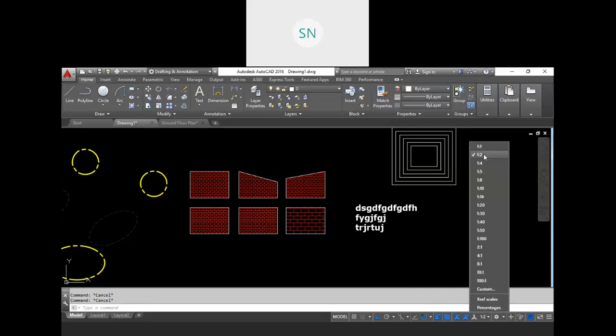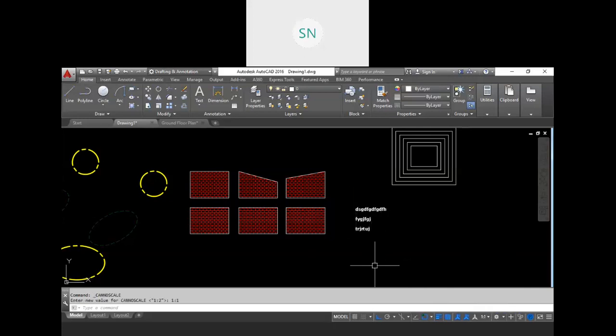Yes, you can rescale it. Go to 1:1. It will be your original scale. Yes, four objects: hatch, text, dimension, and block. Right? Only four objects in AutoCAD: hatch, text, dimension, and block. You should note this down, because many times if you appear in competitive exams for AutoCAD, this type of question will be there, right? So you need to know these things about AutoCAD.